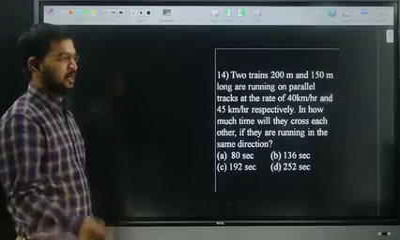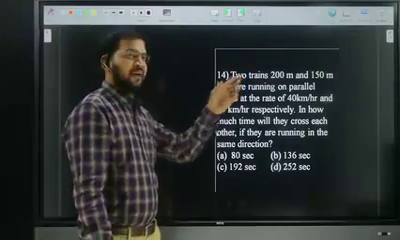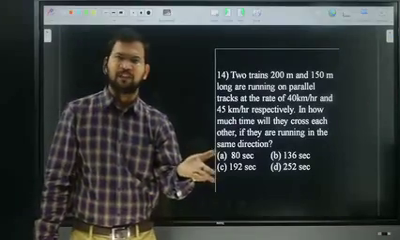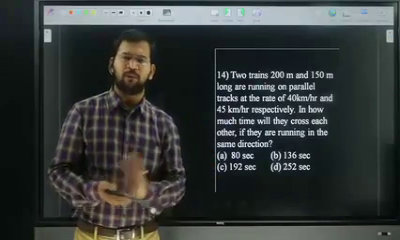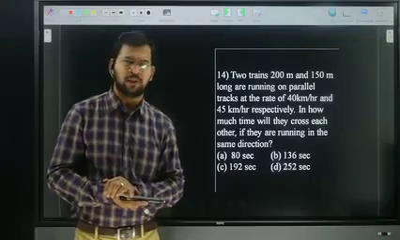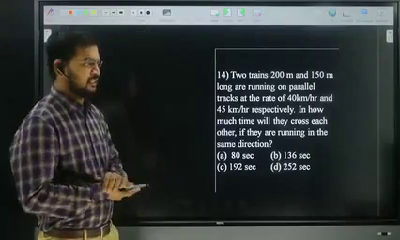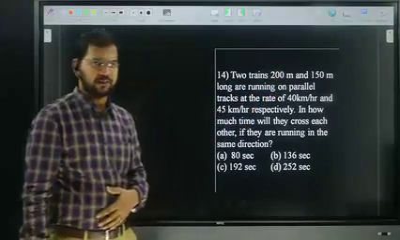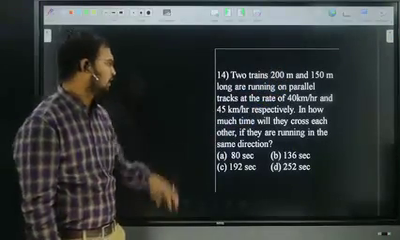First of all, I will explain orally. Whenever one train is passing another train, the distance is the length of train 1 plus the length of train 2, because both the trains are in motion. The length of train 1 is 200 meters, the length of train 2 is 150 meters. Together, 350 meters, divided by